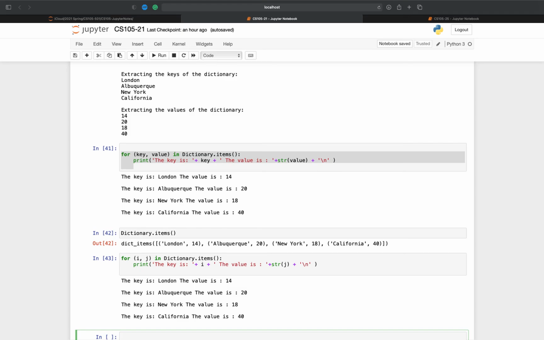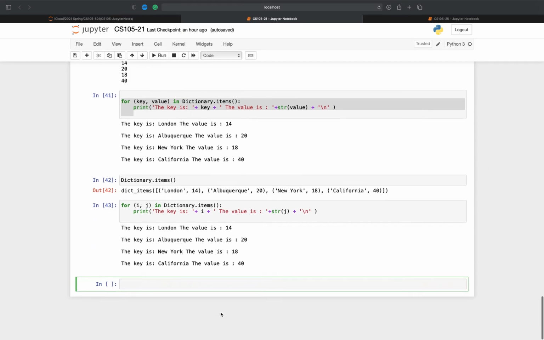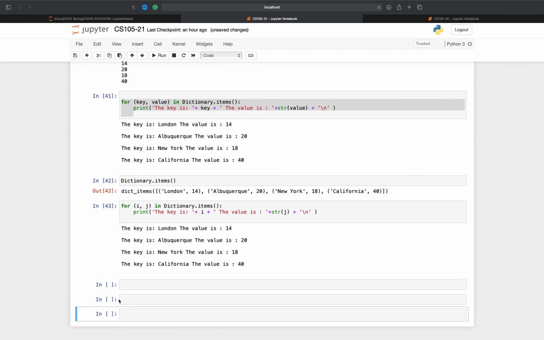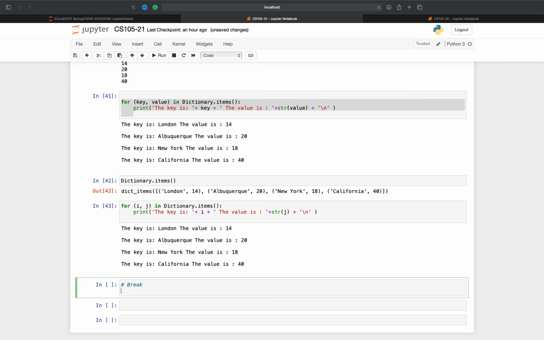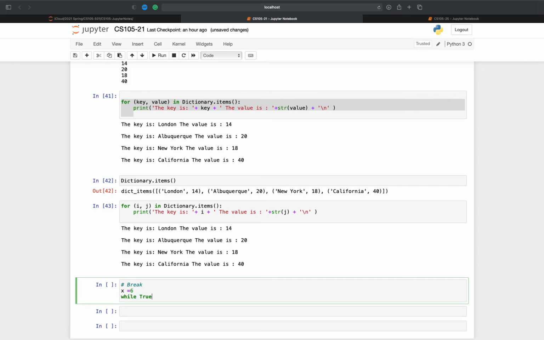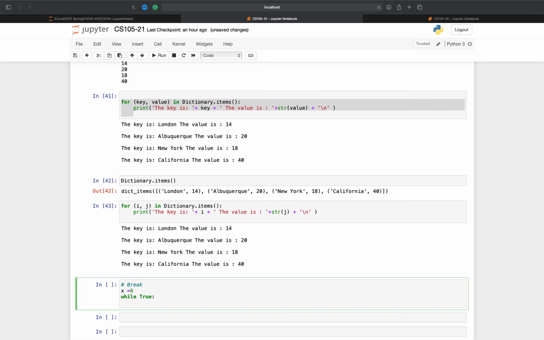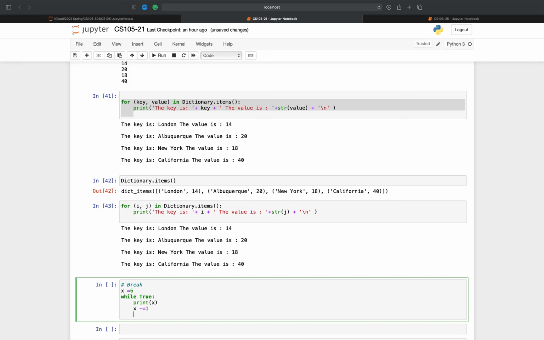Okay, so what else? I'm going to talk about break also after this. The break keyword jumps directly out of a loop, right? So how it works, let's go back to the while loop. If I have x equals 6, while true, while the condition is true, print x, and then let's increment x by 1, and then we say if x is equal 3,